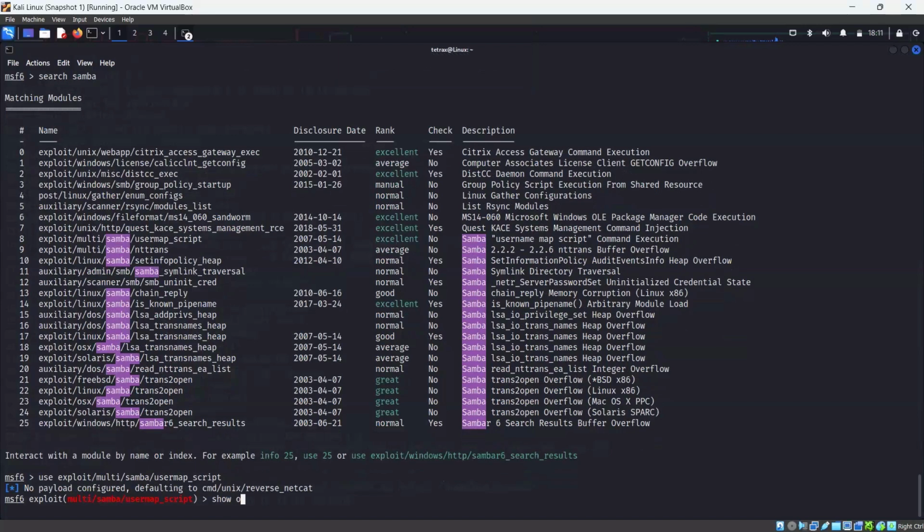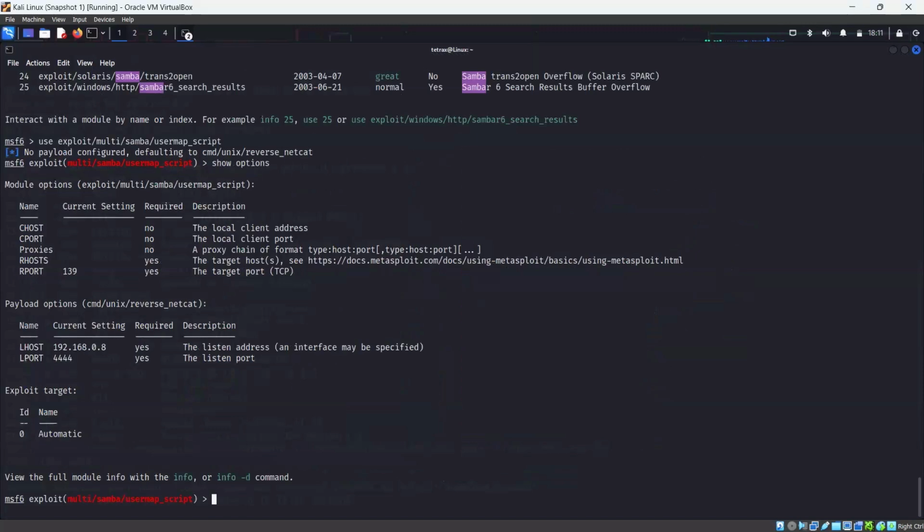Once you type use and give the exact location, you can go for